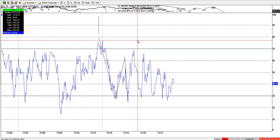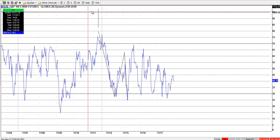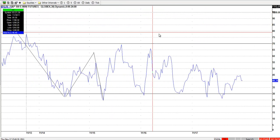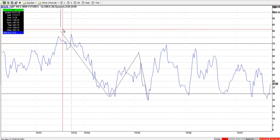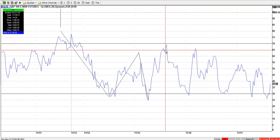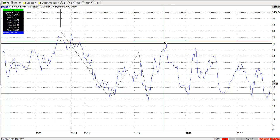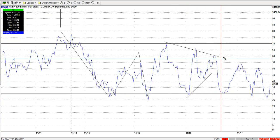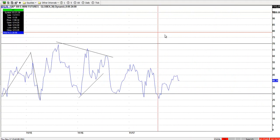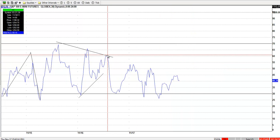Look, from the top right here, which is the top on B, let me open now the RSI, and you guys are going to get my message. You've got 1, 2, 3 waves on the first drop, then 1, 2, 3, 4, 5, and a triangle in the middle. And then from here, in the bearish case, what you have is